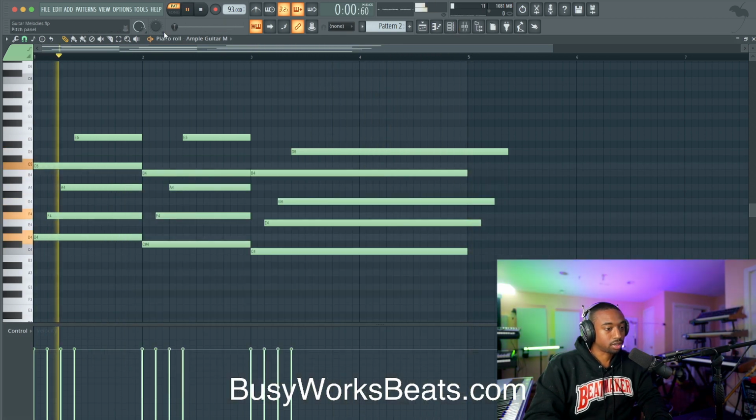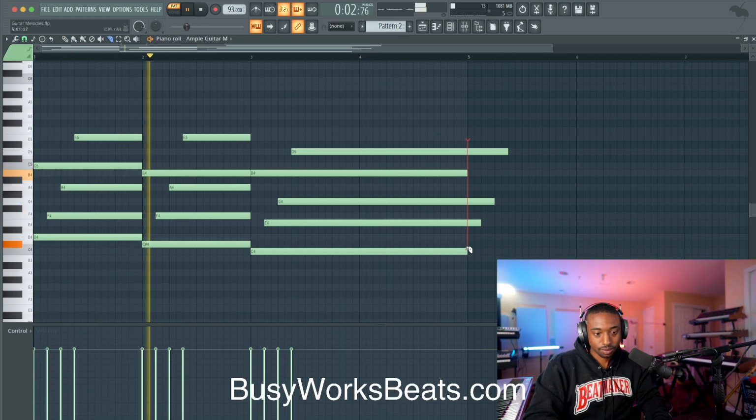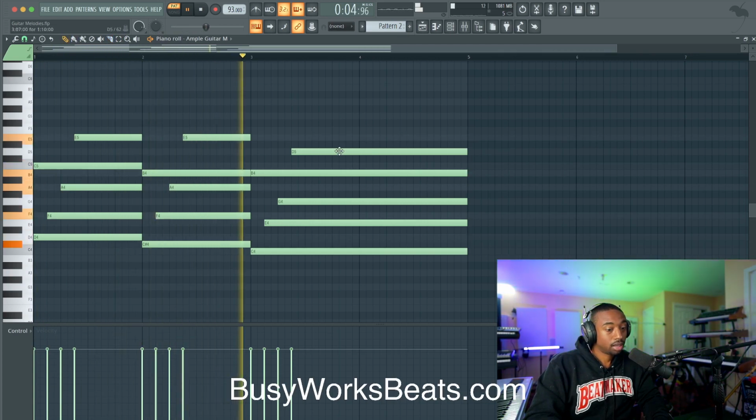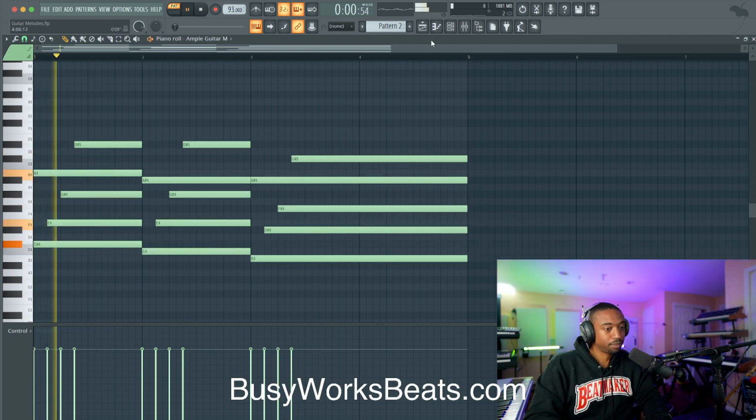Okay, and then we can change the chord type at the end. Okay, so let's hit Shift, change the key.